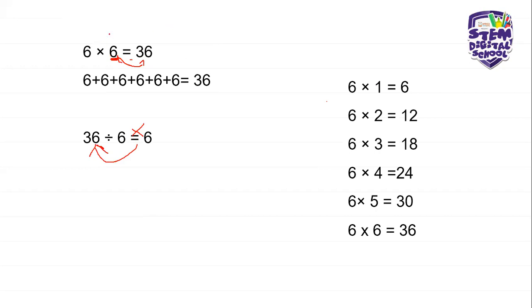So your multiplicand is 6, your multiplier is 6. Your multiplier is telling you that this 6, add it 6 times, and what you get is the answer of 36. And you can also say 6 times 1 is 6, 6 times 2 is 12, 6 times 3 is 18, 6 times 4 is 24, 6 times 5 is 30, and 6 times 6 finally is 36. Please write this down. Then we go into the real nitty-gritty.